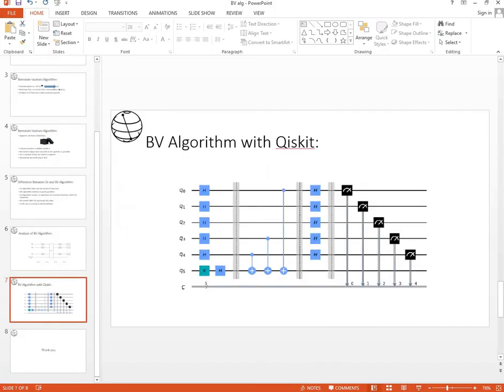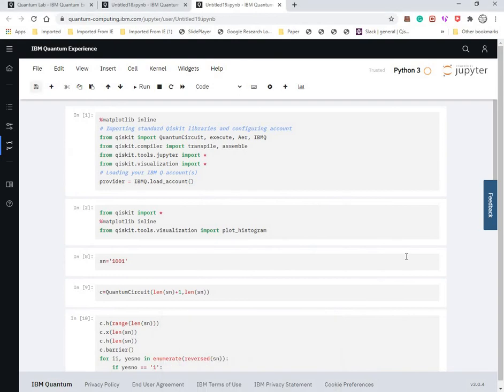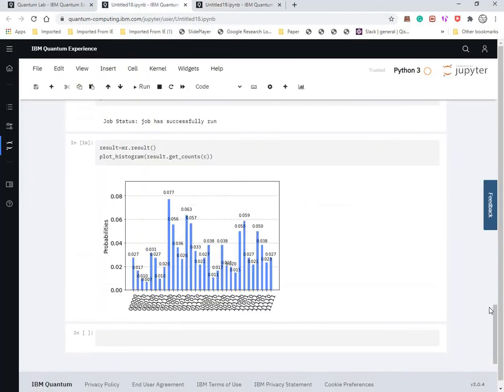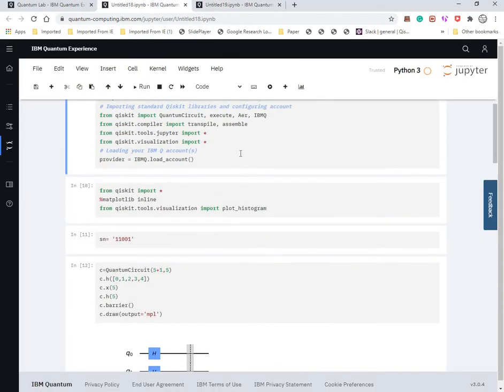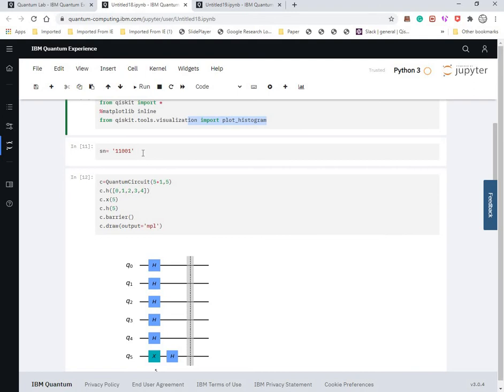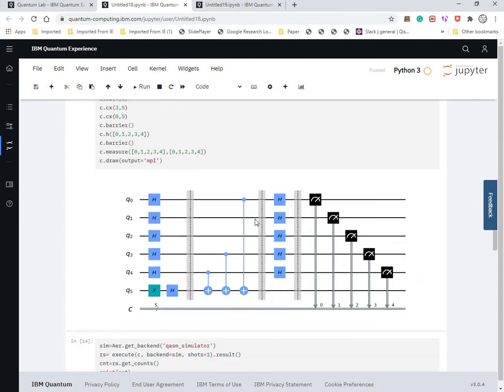So let's see the practical application in Qiskit. What we do is first import everything from Qiskit, then we draw our circuit, we use plot histogram for output, then we define our secret number, which I will put in a black box, then we draw the circuit and get the output.